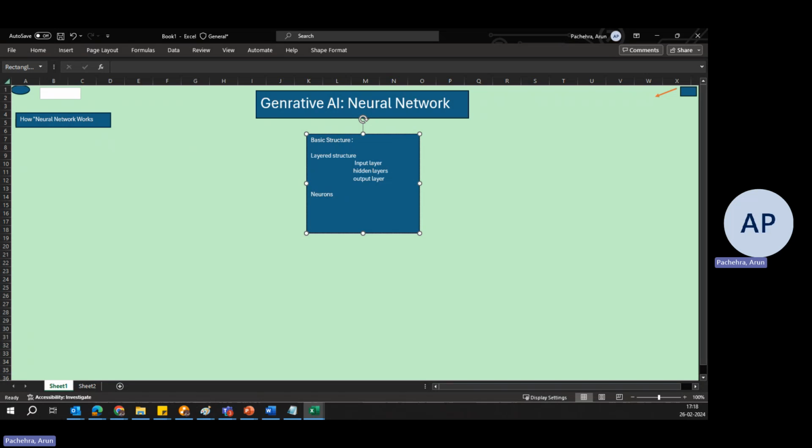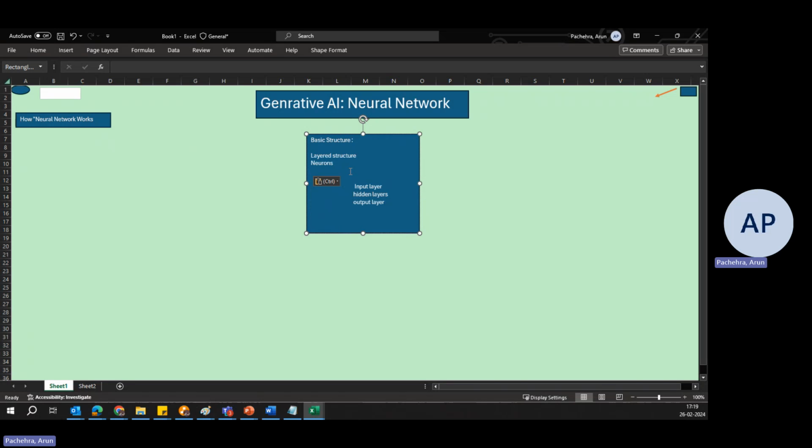So what exactly does this input layer do? It receives the initial data for processing. All these layers are made up of neurons, so let me put it here, because first we should have the neuron. These layers are the neuron layers, right? So we can put it here as well. This is the neuron, and these are the layers.